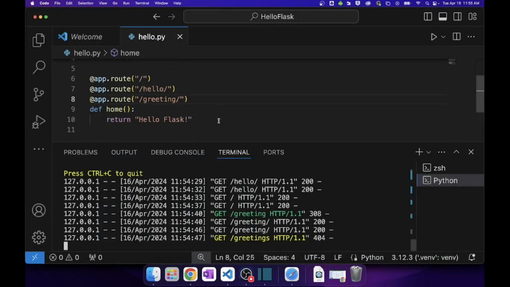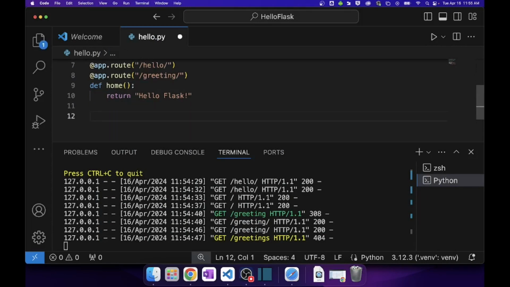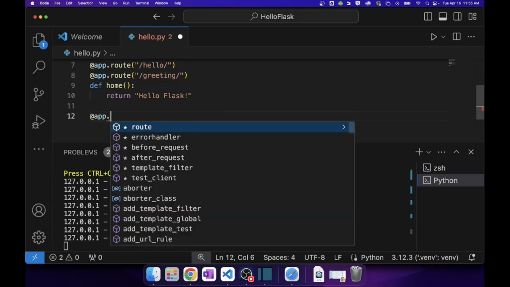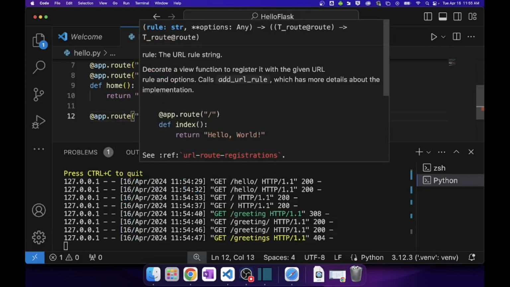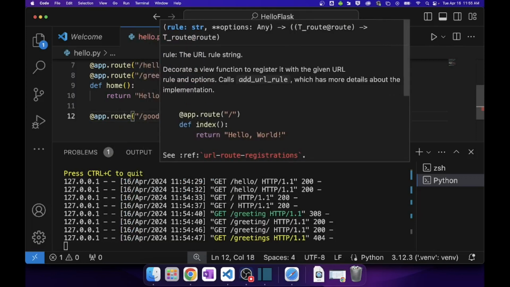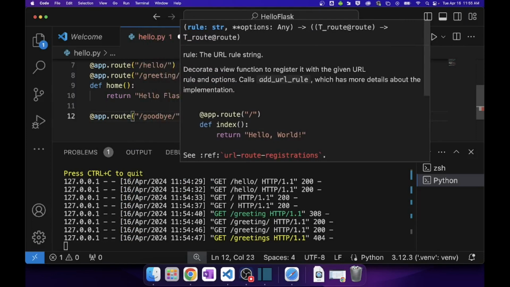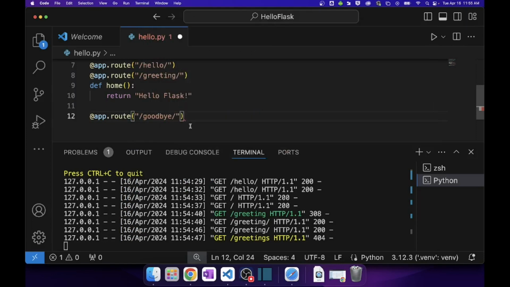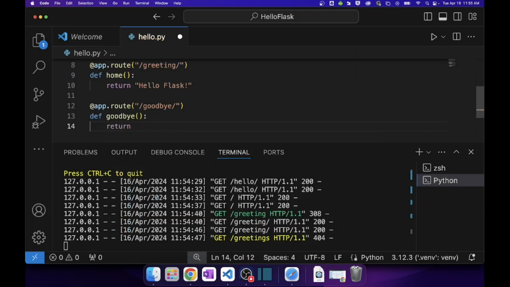In fact, we can not only route as many URLs as we want to that one function, but we can add routings to other functions, and we can do that as much as we need. So if I want to add routing for goodbye to a different function, I can say /goodbye/, and I like to now put that trailing slash on there because that makes it optional for the user. It'll work either way. And I'm just going to call this function goodbye. And this will return,